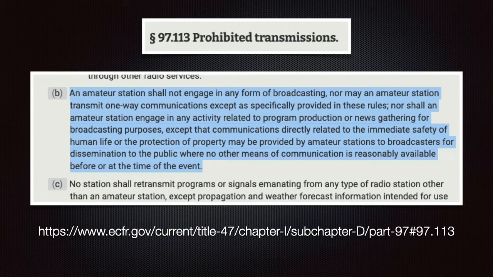Nor shall an amateur station engage in any activity related to program production or news gathering for broadcasting purposes, except that communications directly related to the immediate safety of human life and the protection of property may be provided by amateur stations to broadcasters for dissemination to the public where no other means of communication is reasonably available before or at the time of the event.